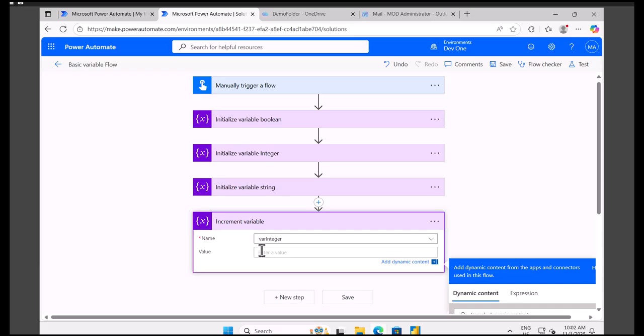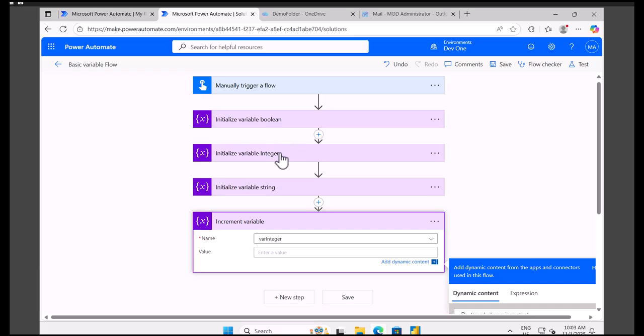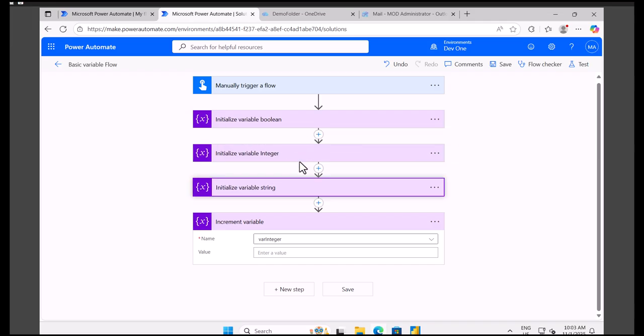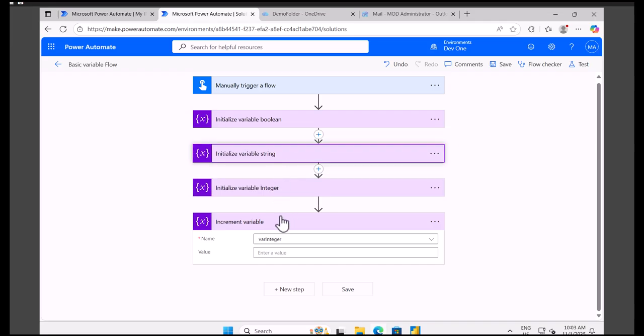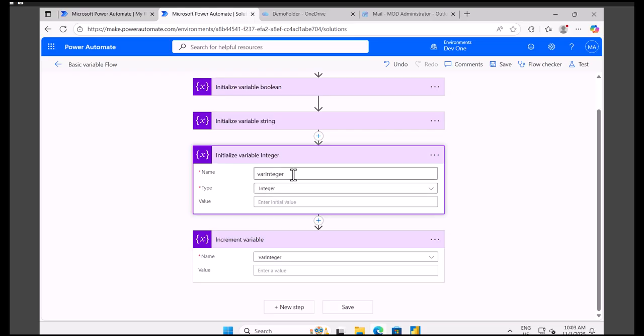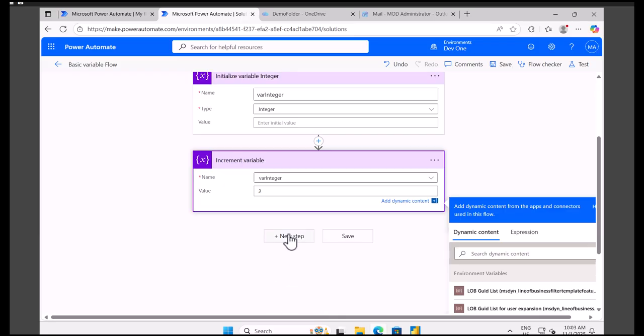So here I need to specify, so for example, the initial value of integer, so let me put integer here, or let me put it here. So you can drag and drop. Okay, so you have simply initialized a variable. So initially the integer variable value is 0. Now what I will do, I will increment it by 2. Okay, and then